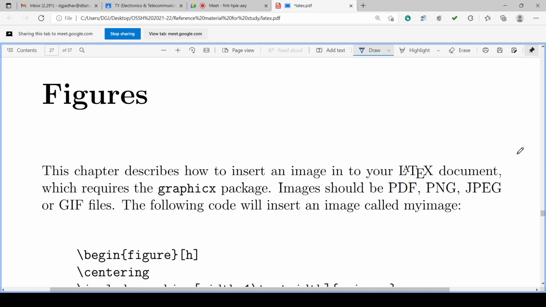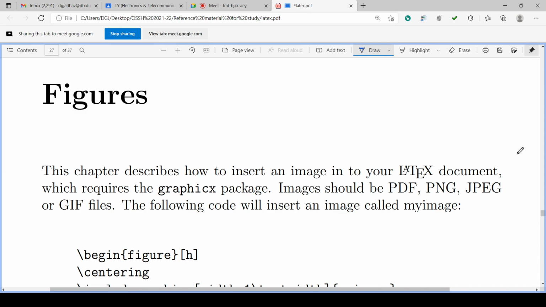Figures are a very useful and important part of documents, because all types of documents essentially require figures and graphs. So these are very essential components of documents.